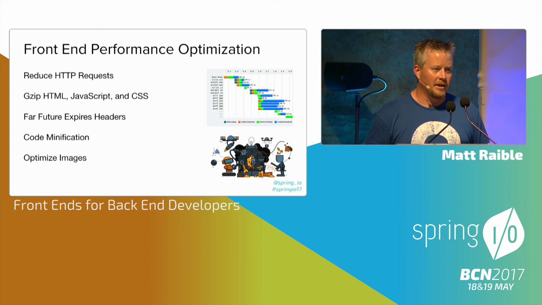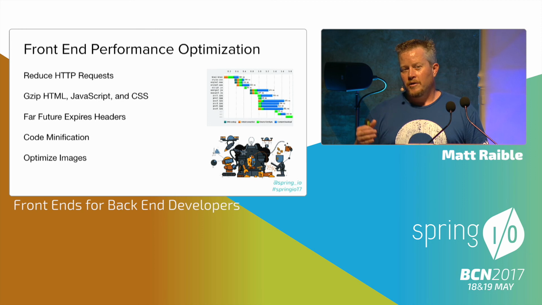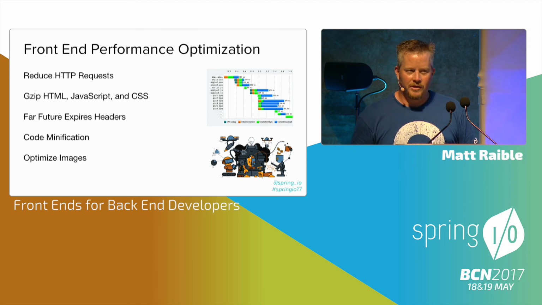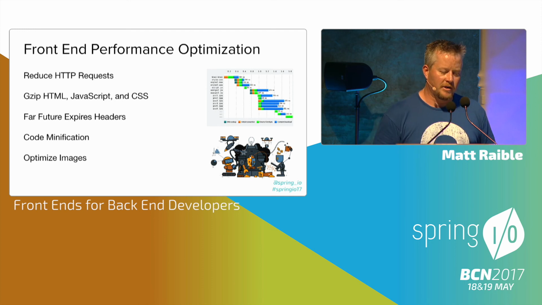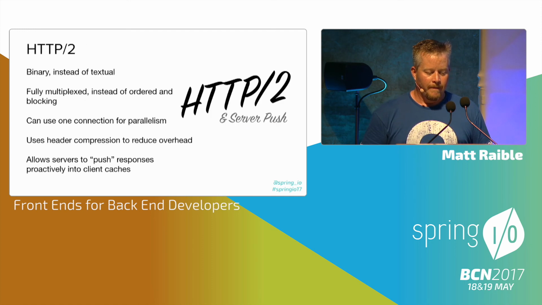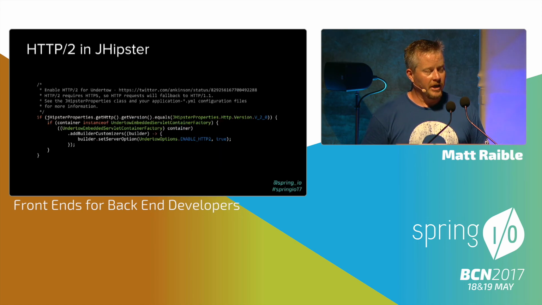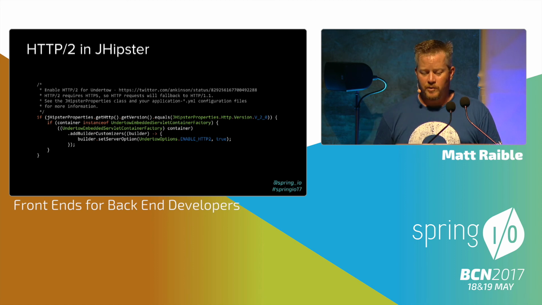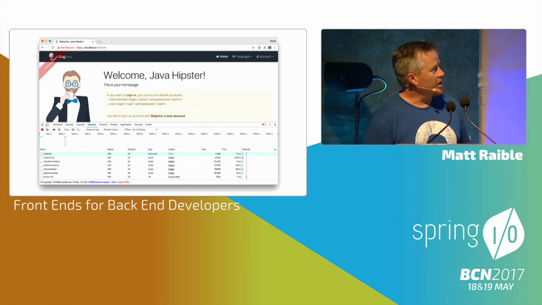I've been with many clients, and this was what we solved problems with. They thought the problem was on the back end with performance. Turned out to be on the front end with expires headers and gzipping. HTTP2 is happening. You should look into using it if you can. With JHipster and Undertow, it's very easy to turn on. We allow you to turn it on with just a property. And you can see here in Chrome Developer Tools, it shows that it's using